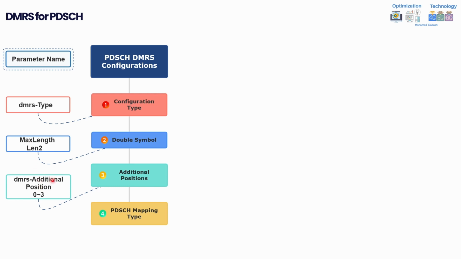You can tune it in your vendor base. It will depend, and for sure it will be different from vendor to vendor. You have the differences, but this is the 3GPP name, so you may find a different name in the vendor's documentation and so on. So now let's start.